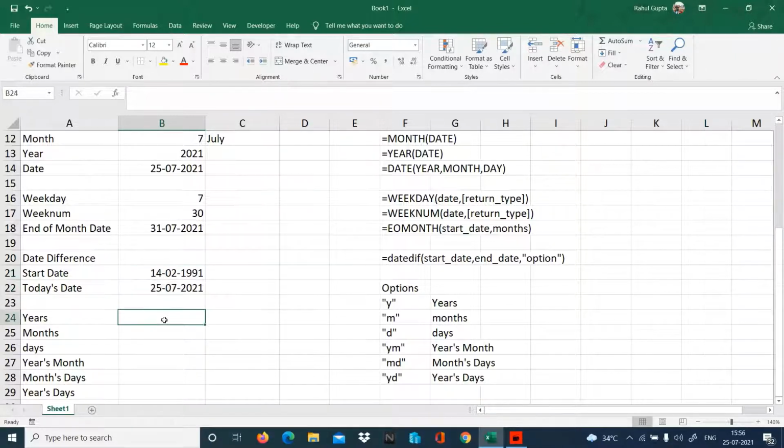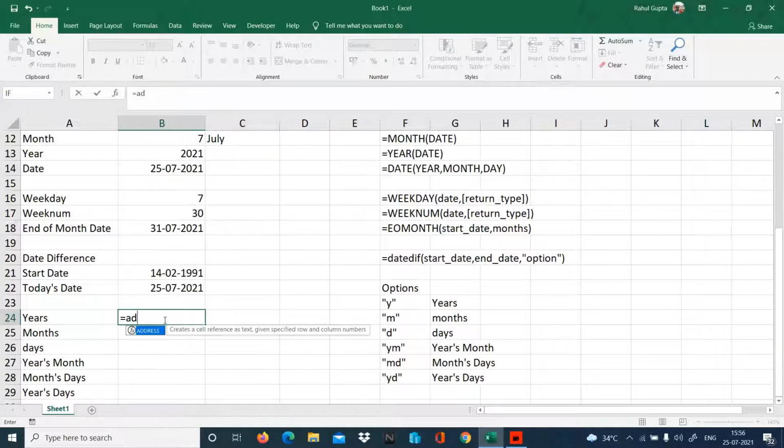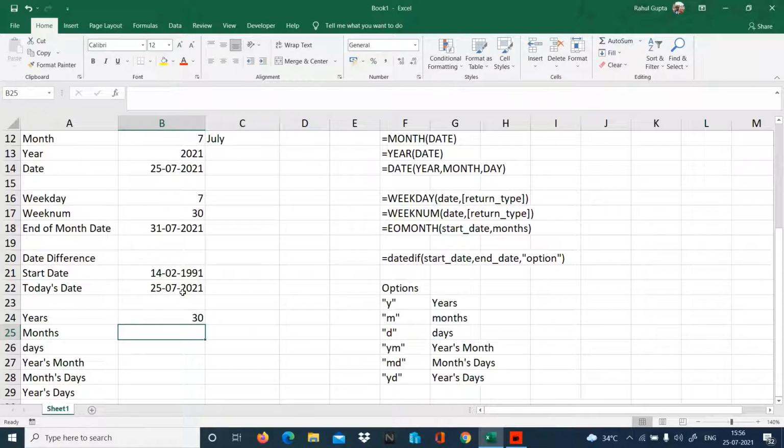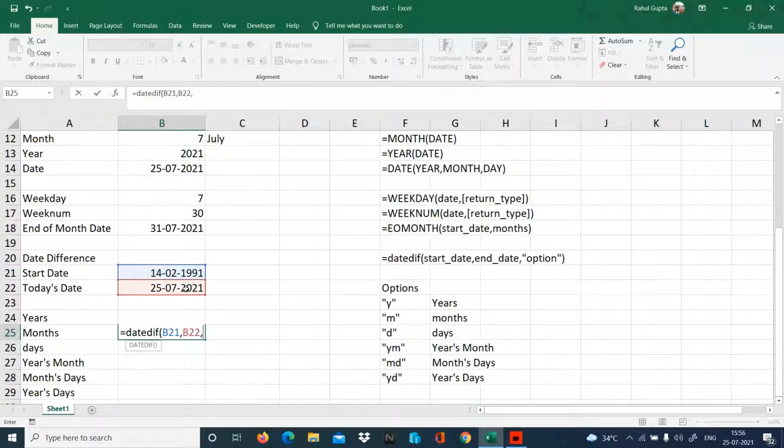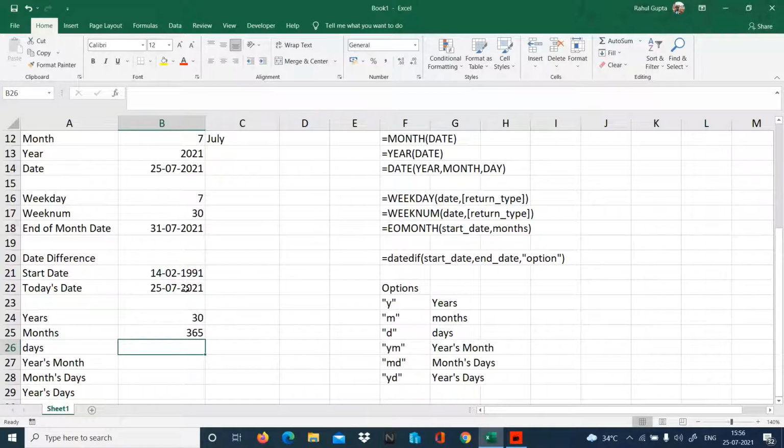So let's get this: is equal to DATEDIF, start, comma, today's, comma, within double quotes y. 30 years. So the age of that person is 30 years. Is equal to DATEDIF, start date, today's date, and m. 365 months. In total, 365 months.